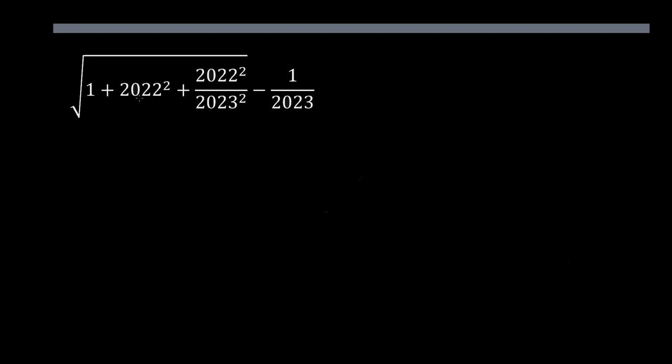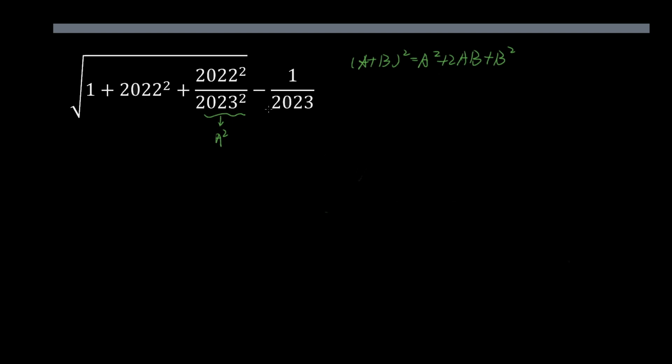First, we still want to make this whole inside a perfect square. So write down the perfect square formula. A plus b whole squared is equal to a squared plus 2ab plus b squared. Compare this part with the terms inside the square roots. We can deduce that this part corresponds to a squared or b squared.